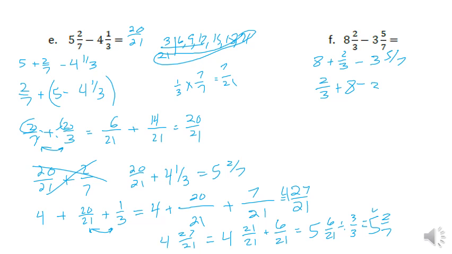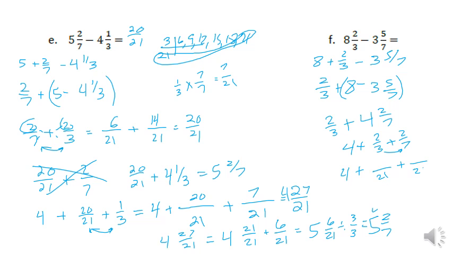On F, we're going to split up 8 plus 2/3 minus 3 5/7. So we're going to swap it around, 2/3 plus 8 minus 3 5/7. Now allows us to take it from the whole. We take 2/7 to get us to 4 plus 4. So we're going to end up with 2/3 plus 4 2/7. Now we can just add our fractions. So let's rearrange it so we can add our fractions. It'd be 4 plus 2/3 plus 2/7,